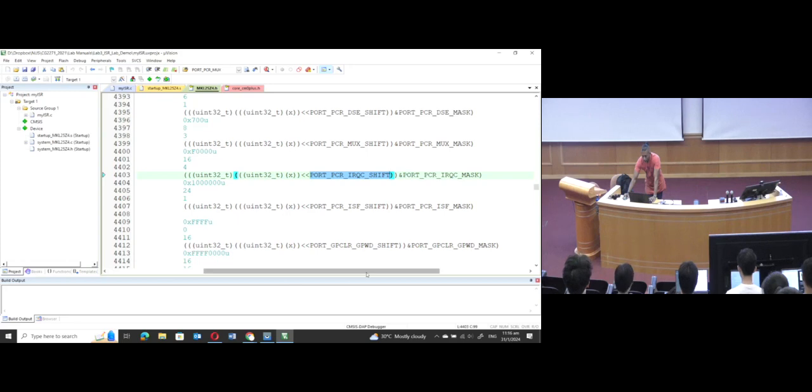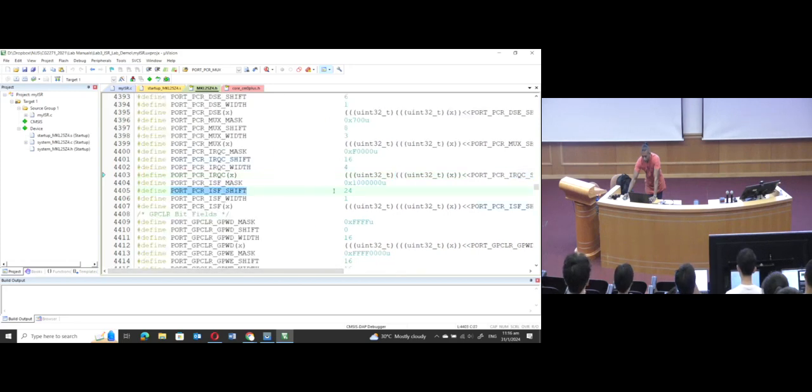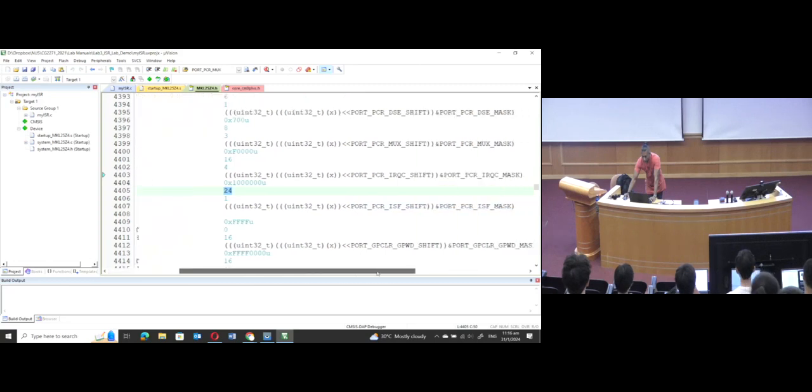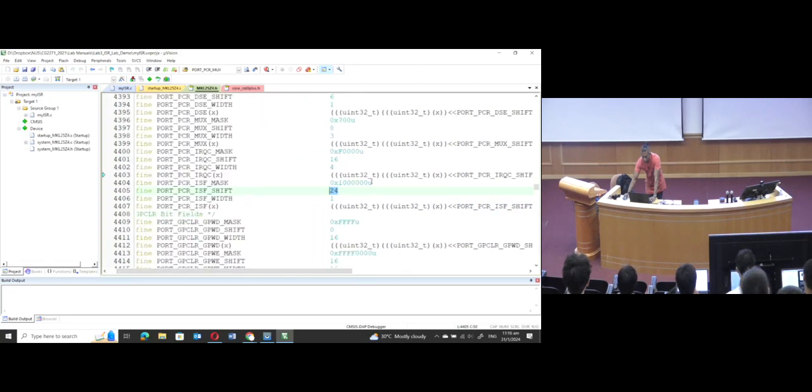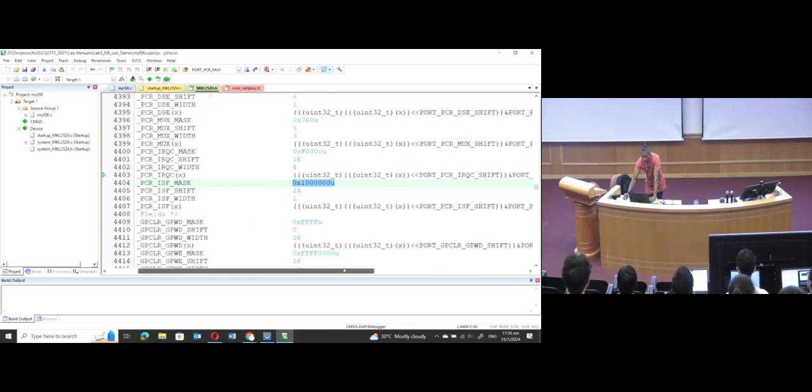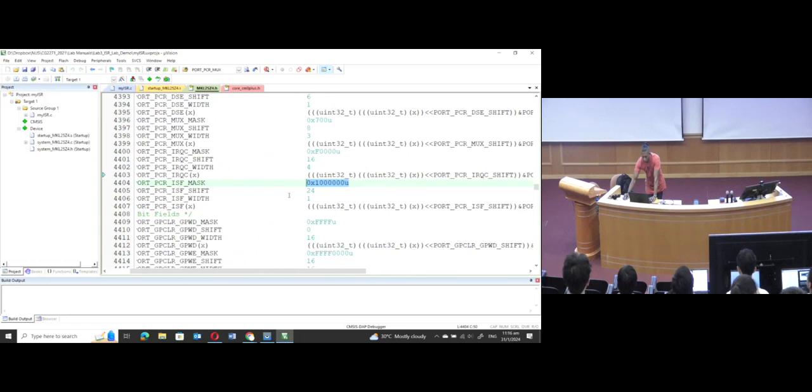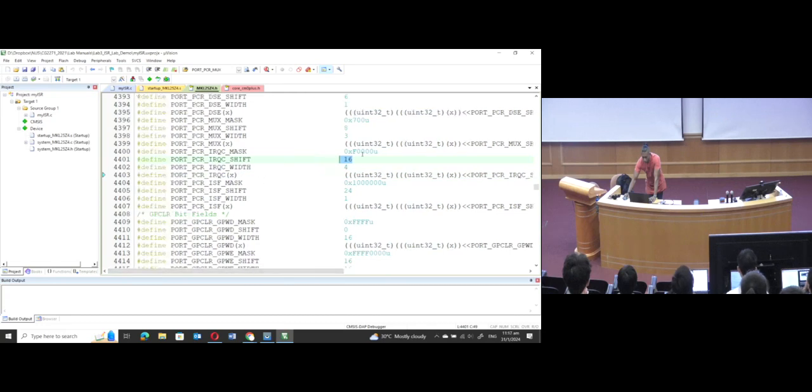The shift left is how much? The shift left here is 24 bits, correct? And then I do the mask. Now why do I shift left by 24 bits over here? Sorry, the IRQC shift is here. So 16. The IRQC shift is 16 and our mask is 0xF0000. Why? Because it ties in with my